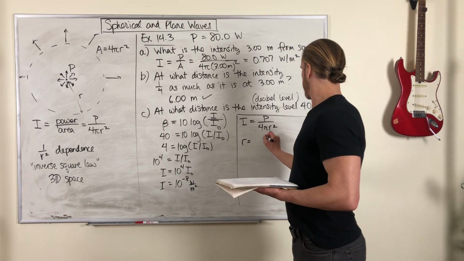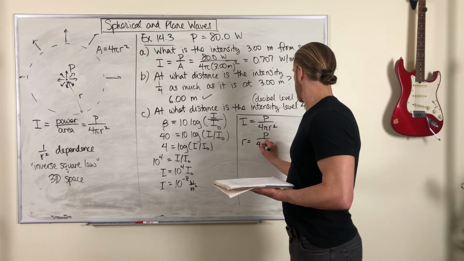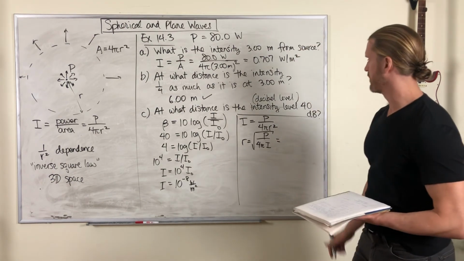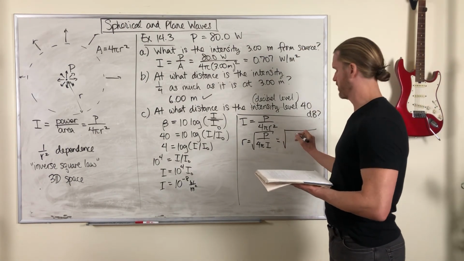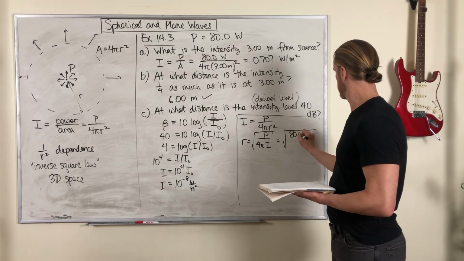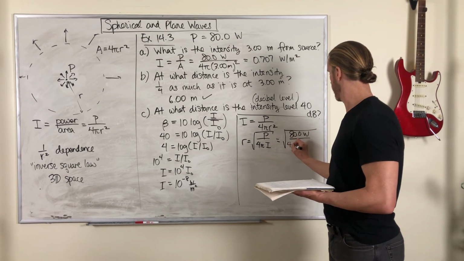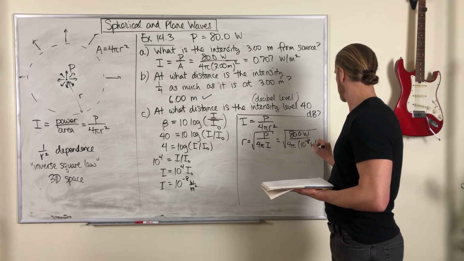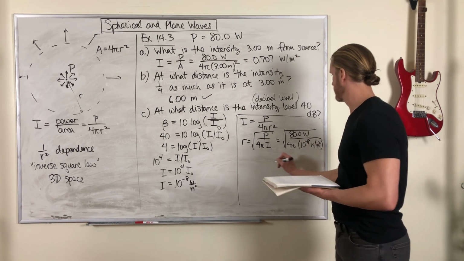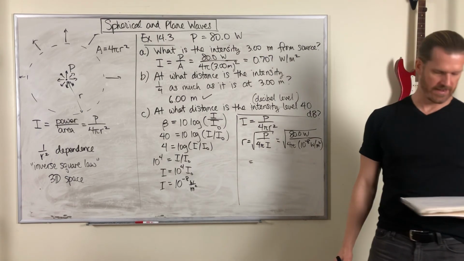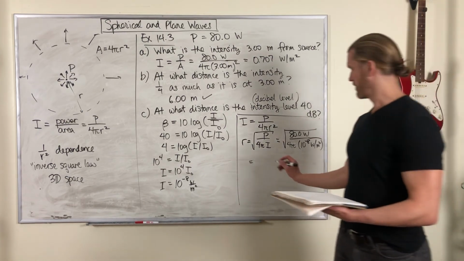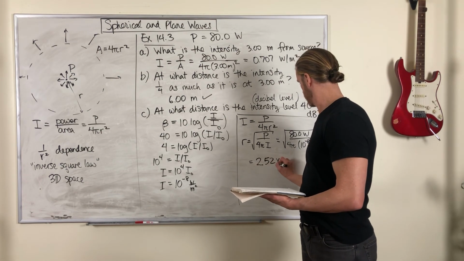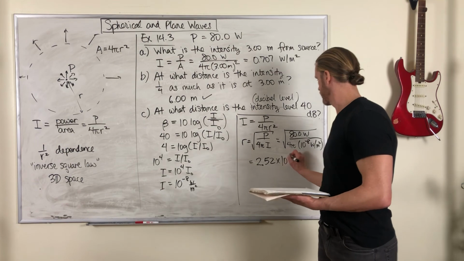So r is the square root of P over 4 pi I, and we have values for those things now because the power was 80 watts and the intensity is 10 to the minus 8 watts per square meter. And after all that algebra, we find the distance, 2.52 times 10 to the 4